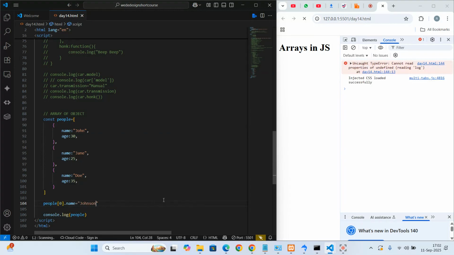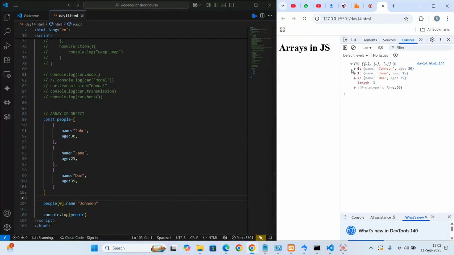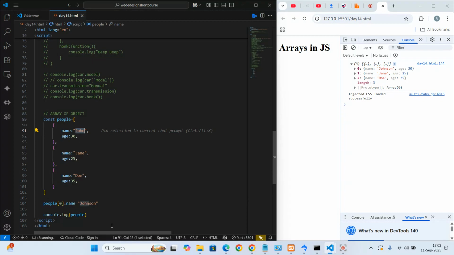So when I output it, now you see the name is Johnson, not John. And you can change any field like that, so long as I know which element I'm talking about. This is the first element, this is the second element, this is the third element. You can go on and on like that until I exhaust all the elements. Okay,